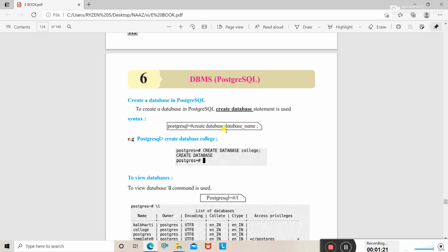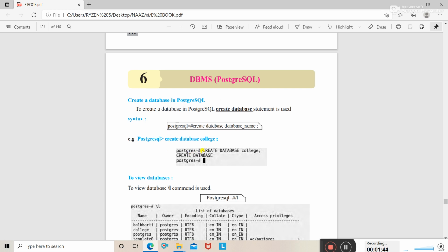This semicolon is compulsory. For example, postgres is the default database name, create database is the statement which we use to create a database, and college is the name of the database here. So we have created a database with the name college by using the create database command. Got it?